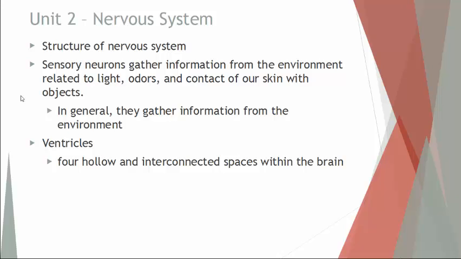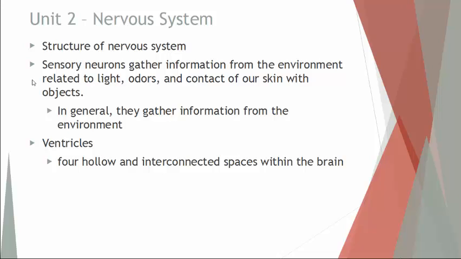You have the central nervous system, which is the brain and the spinal cord, and then the peripheral nervous system, which are all the nerves that branch off of those. So anything that's not included in the brain or the cord is considered the peripheral nervous system. So all the 12 pairs of cranial nerves that come off of the brain and the 31 pairs of nerves that come off of the spinal cord, those are considered part of the peripheral nervous system because they go off to the periphery of the body, away from the brain and the cord itself.